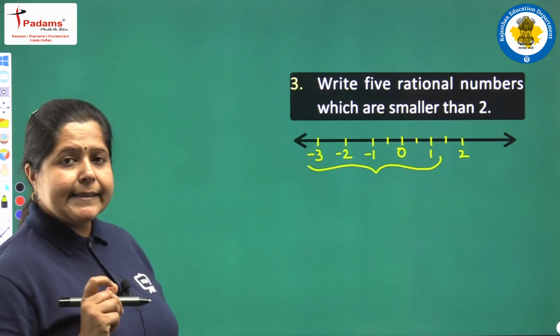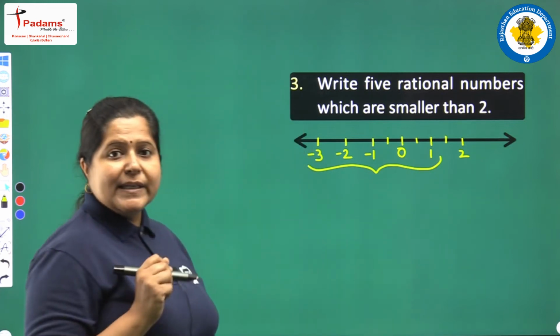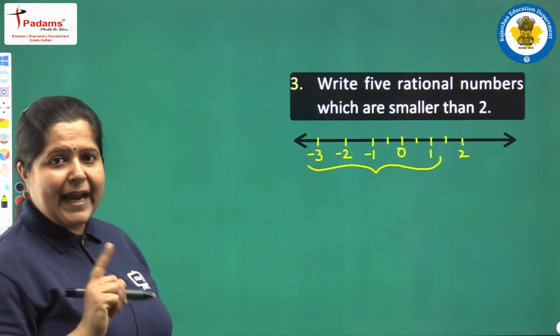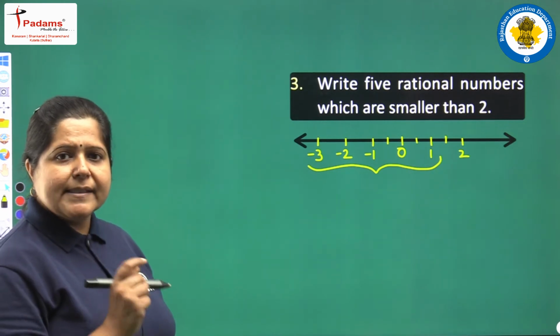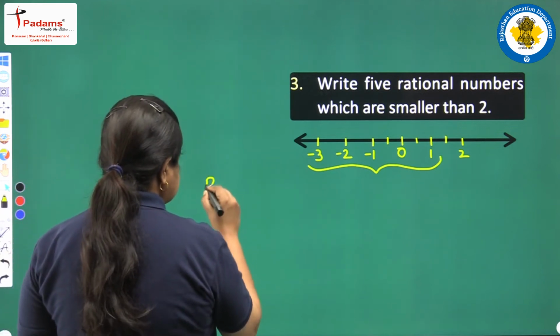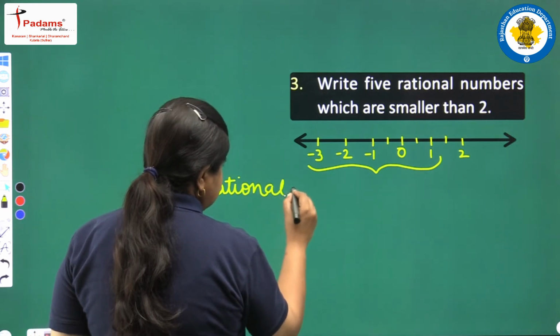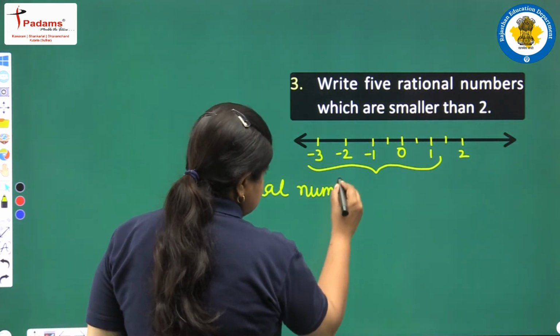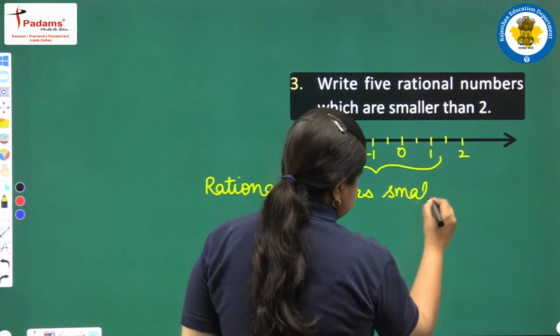Now how do we get a rational number between two given numbers? We take the mean of both of them. We had already discussed how to take the mean. Add both the numbers and divide by 2. So we can write rational numbers smaller than 2